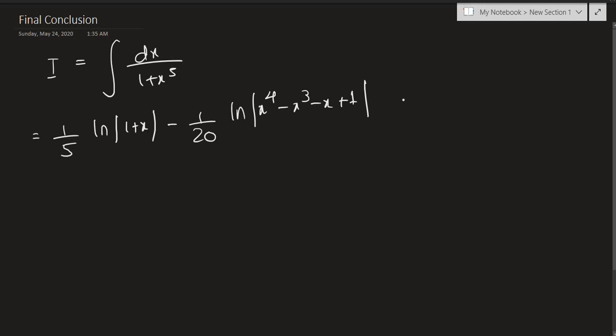And now let's write the px plus q term. So that was 1 over 4 root 5 times the natural log of x squared plus root 5 minus 1 by 2x